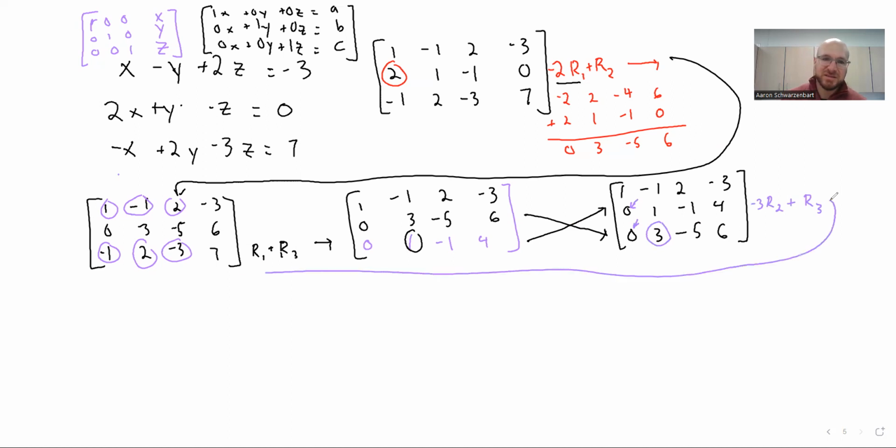And this means, coming back over here, row 1 and row 2 aren't going to change. This goes into R3. Forgot to write it by R3, but